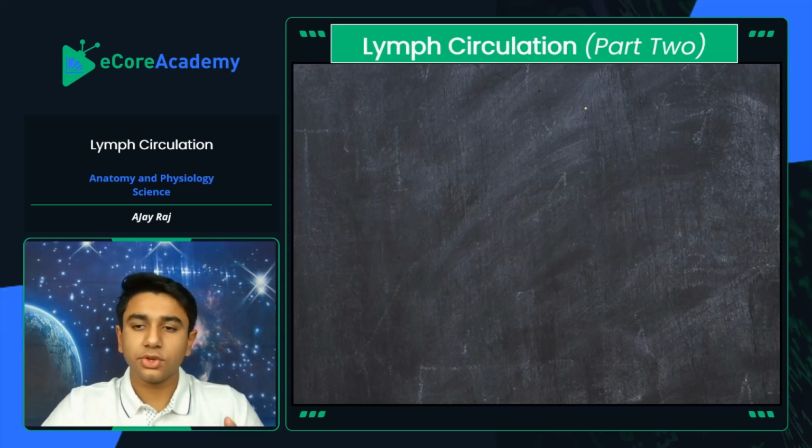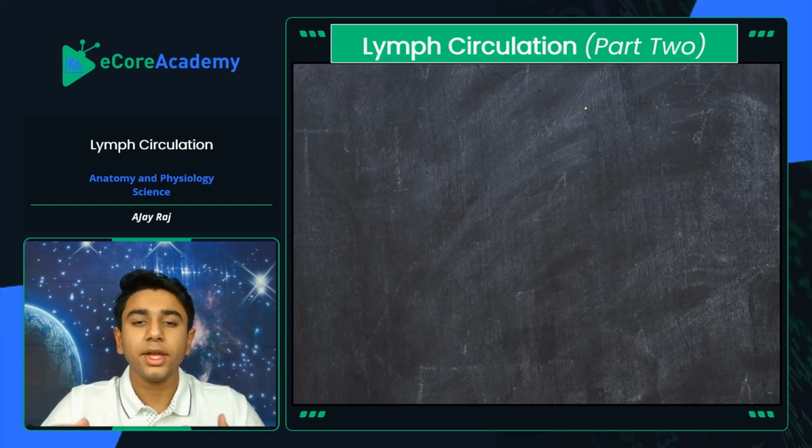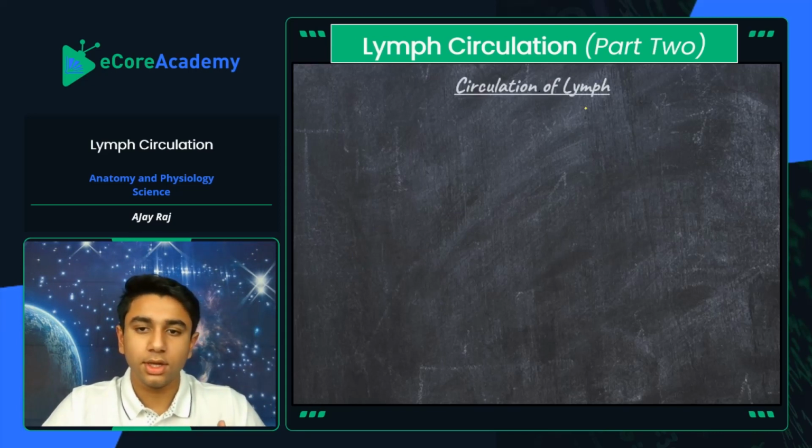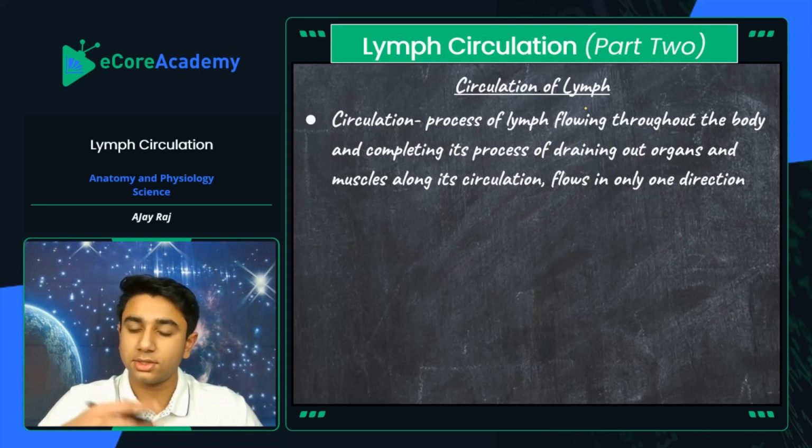Now, on this slide, lymph circulation part two, we're going to be looking at some of the different processes of lymph and some of its different utilizations throughout its circulation. So the overall circulation of lymph is what we're focusing on. So circulation is the process of lymph flowing throughout the body and completing its process of draining out organs. That's a main process of the lymphatic system, but there are also supplementary processes as well,